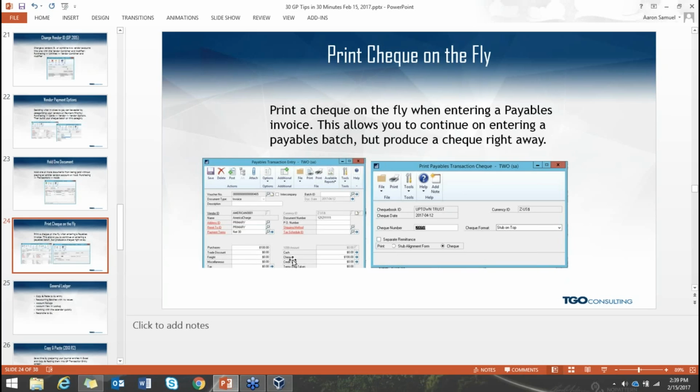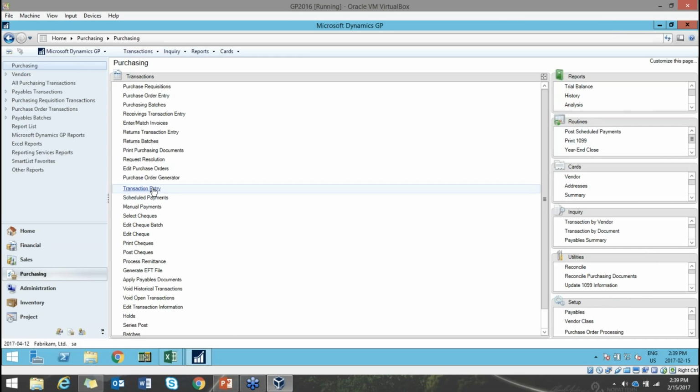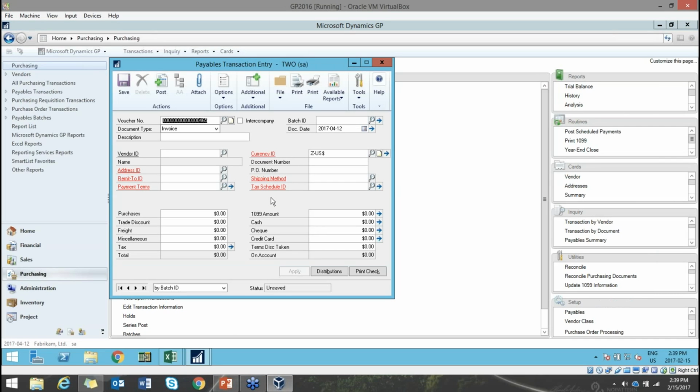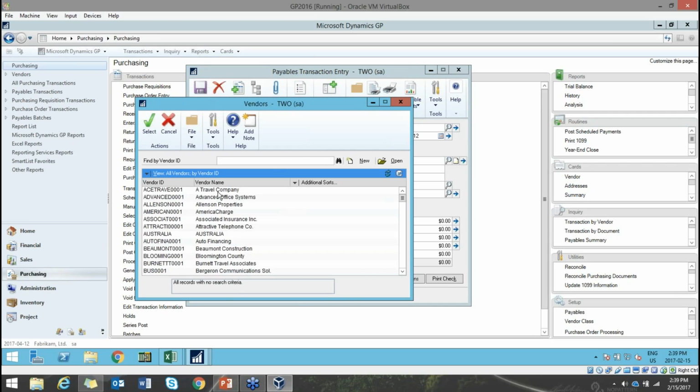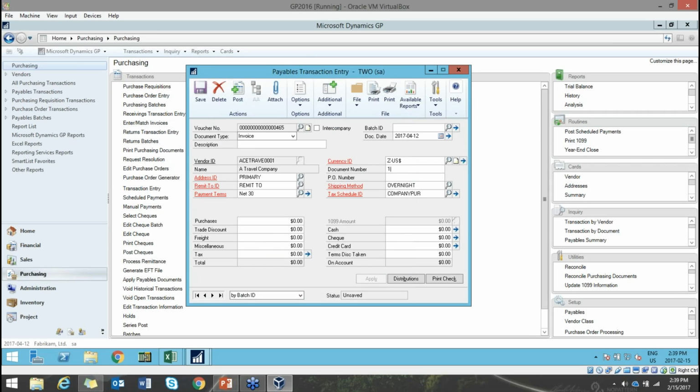We get a lot of questions about the payables transaction entry window. On the right side, you'll notice that there are three fields: cash, check, and credit card. What does this actually do? This is something called printing checks on the fly, or doing a payment on the fly. When you're doing a transaction entry, you can mark that transaction as being paid, or you may have someone standing at your desk looking for a check right away for an invoice that you're entering. So to use these fields, when you're doing your entry,